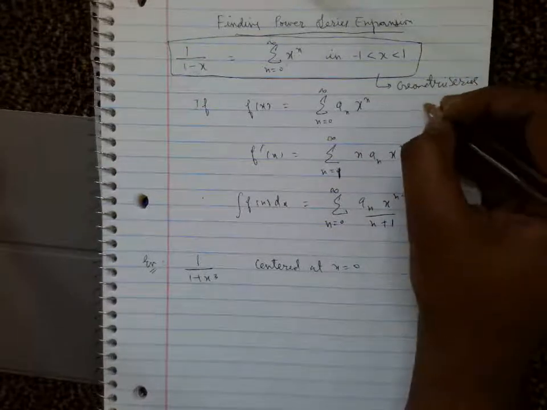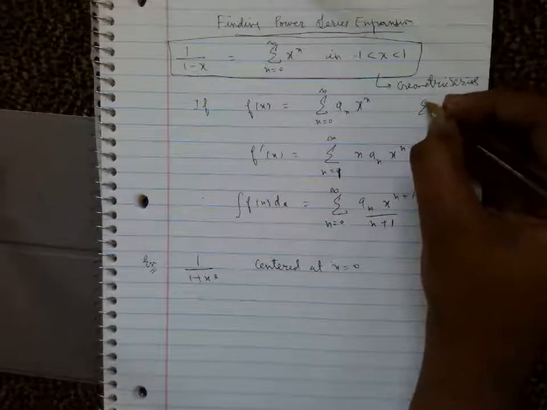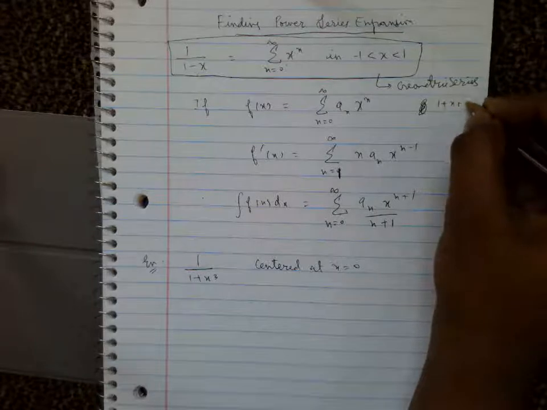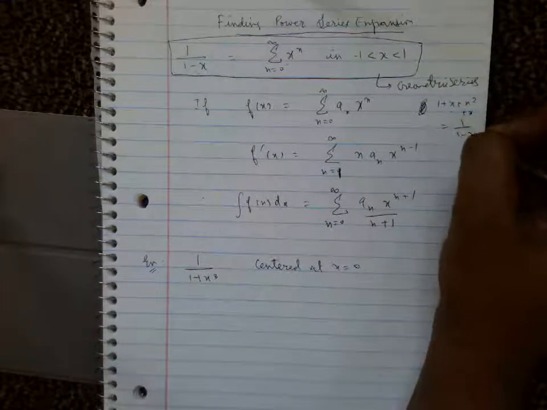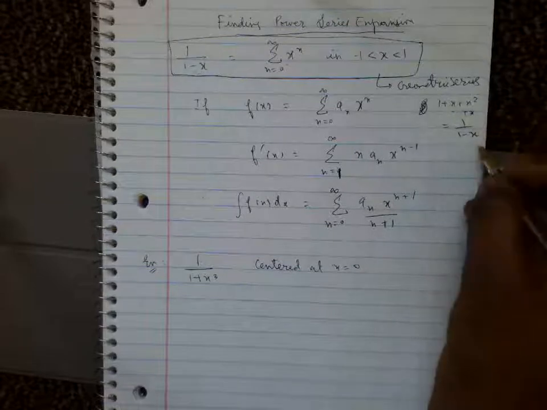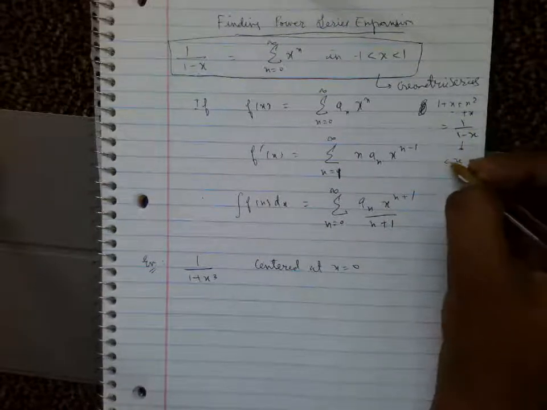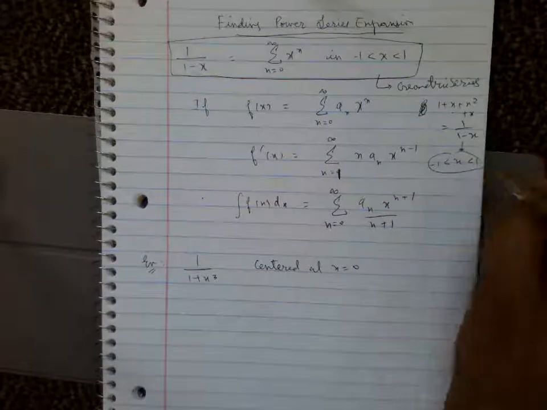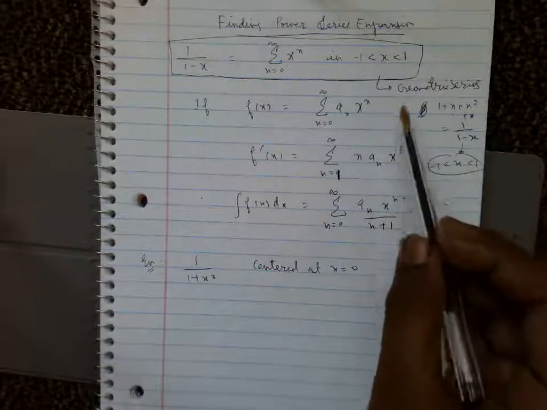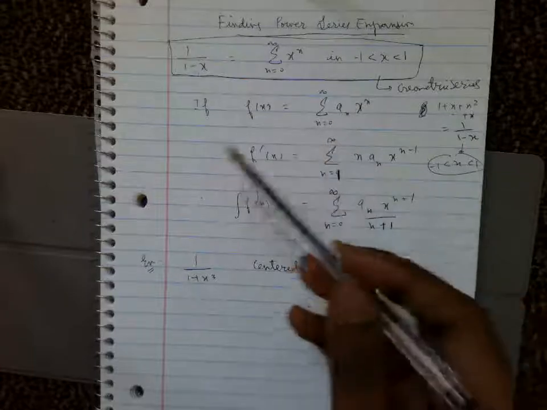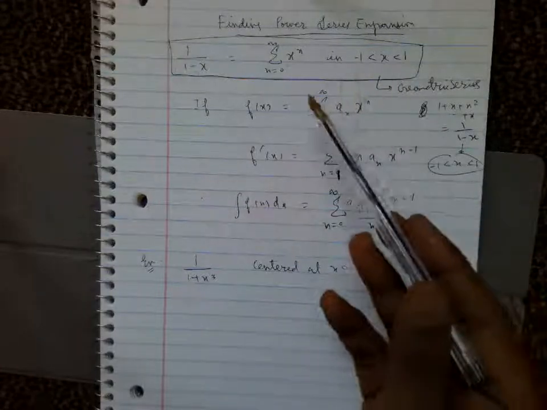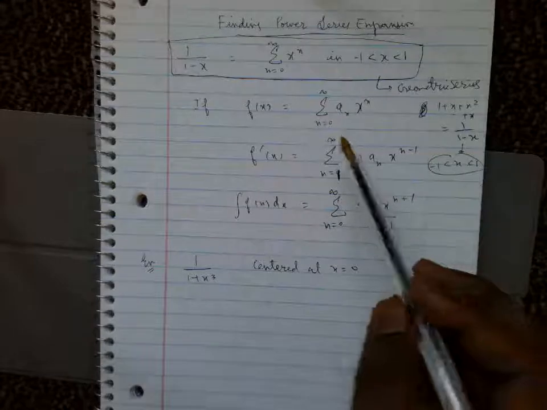So you know that 1 plus x plus x square and so on up to infinity is just 1 by 1 minus x, a by 1 minus r, and this is true only when x lies between minus 1 to 1. So that is what you have here. This is the result for the geometric series. Now we are studying it in the context of power series.